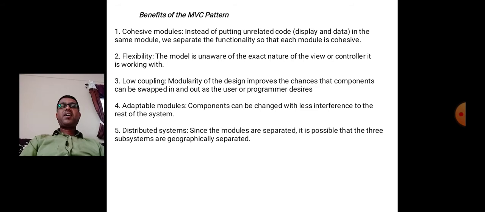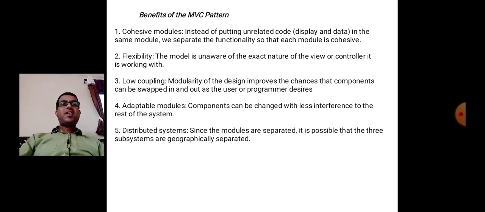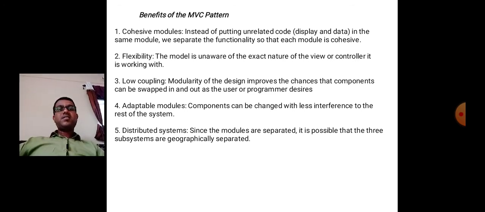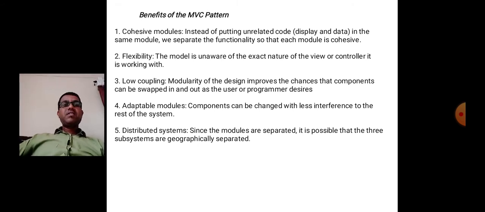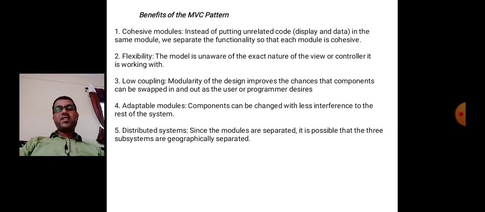Second benefit or advantage is flexibility, means the model is unaware of the exact nature of the view or controller it is working with. Third advantage is low coupling, means modularity of the design improves the chances that components can be swapped in and out as the user or programmer desires.